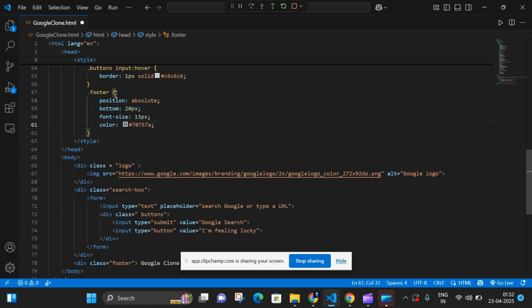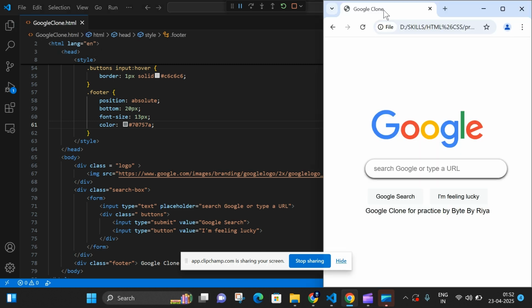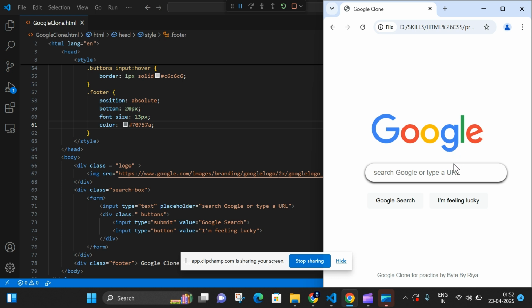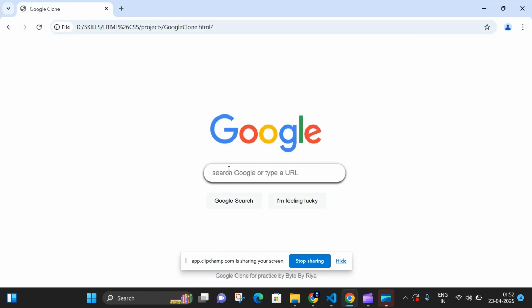So, with that, our Google clone page is completed. Let's see the output. Yeah, perfect. See, I can type something, but it will not take you anywhere. And I put a nice hover effect here. You can see the bottom. Yeah, very cool, right? I hope you liked it. So let's take a moment to look at this. I like this very much. Isn't that amazing? All right, so with just HTML and CSS, we have created a professional looking Google search page,